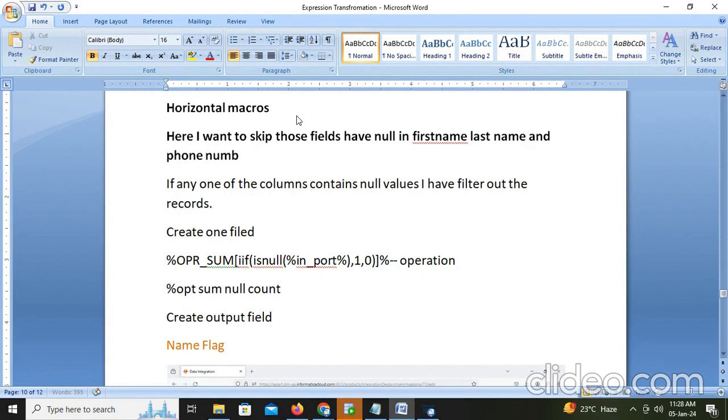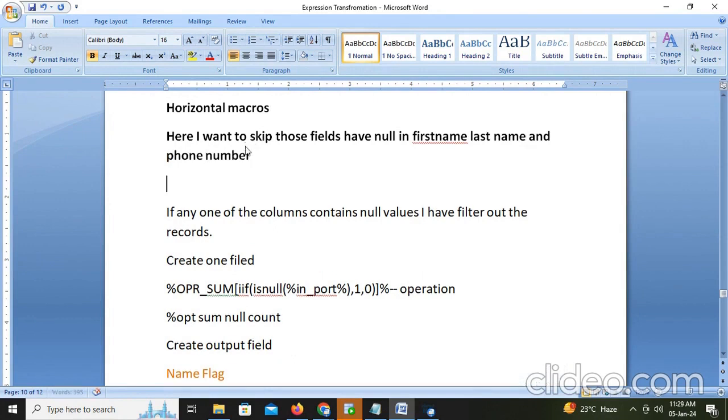Then we use horizontal macro here. A horizontal macro generates a single complex expression that includes a set of incoming fields or a set of constants. Here we see create an output field